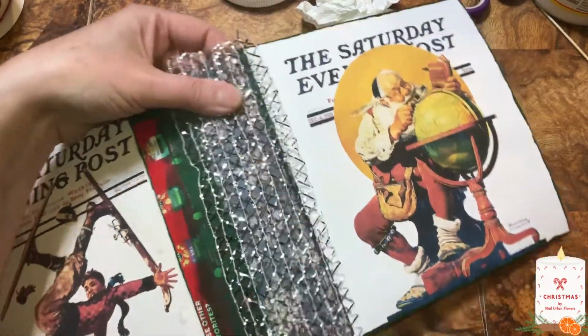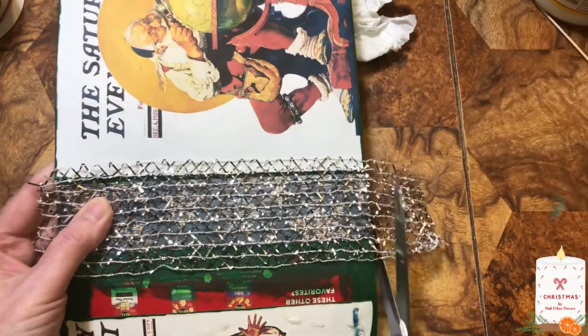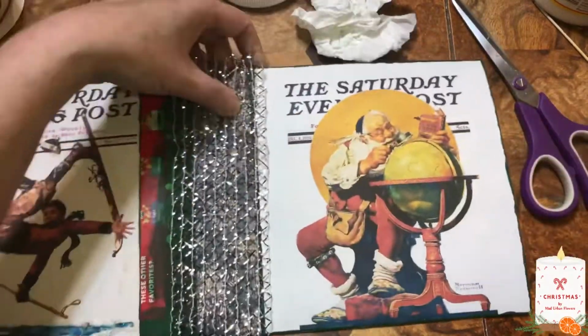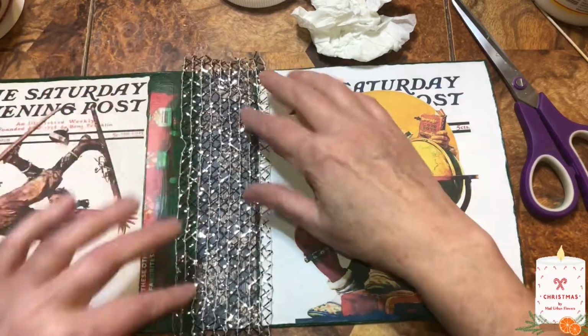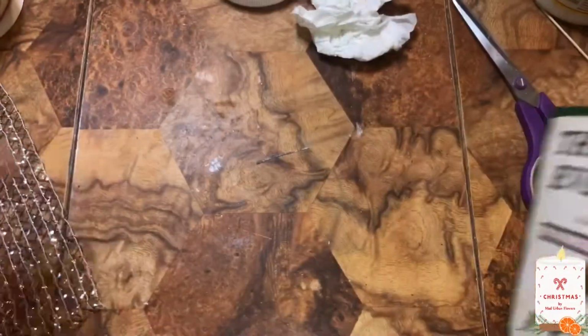So I'm gonna make sure this is right, and then I'm gonna cut this off right there. And I'm gonna sew this in, probably down and up on the sides, okay? And then on this side,